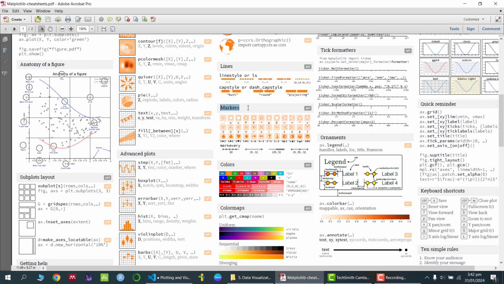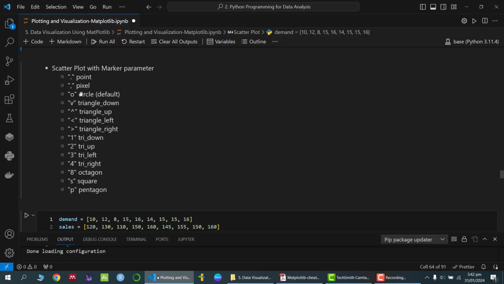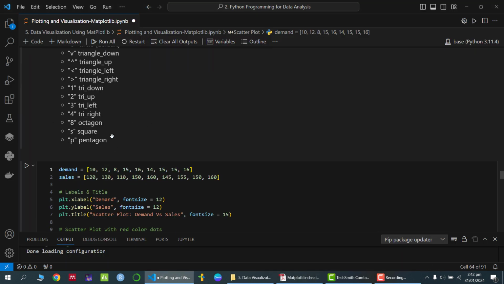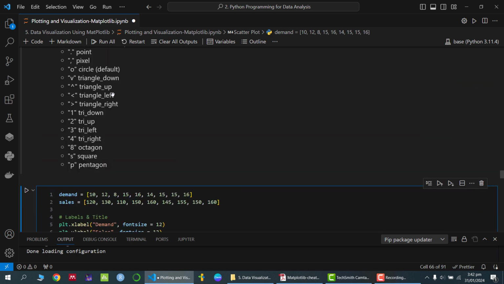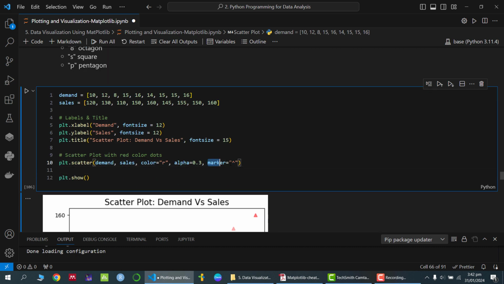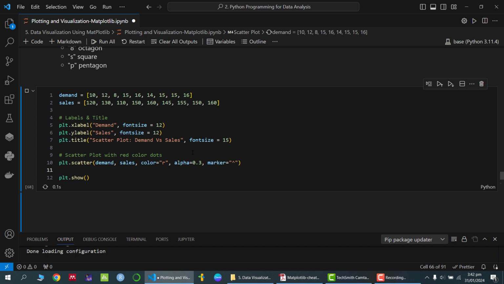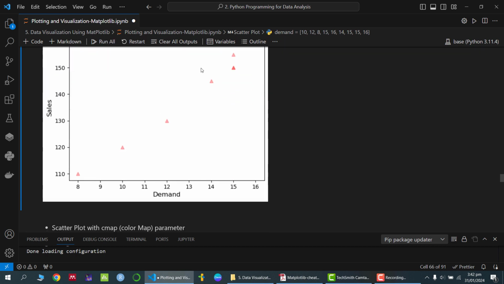So these are basically the different markers you can use. Whatever symbol you would like, I have written it over here as well. Let's say I am using this marker symbol, which is going to show me the triangle, this upside triangle. If you would like to change the symbol of those dots, use the command marker equal to this one. So if we run this one, we can see the